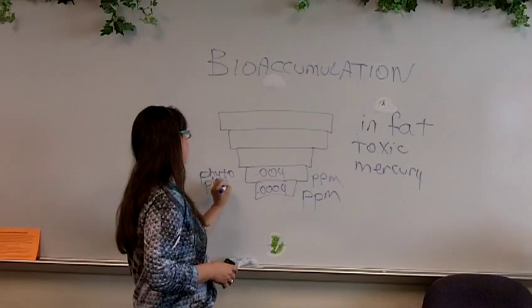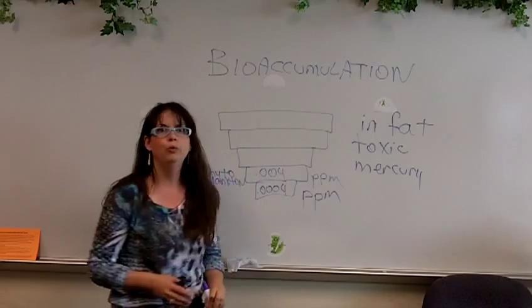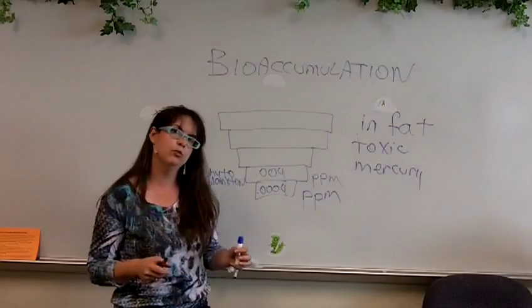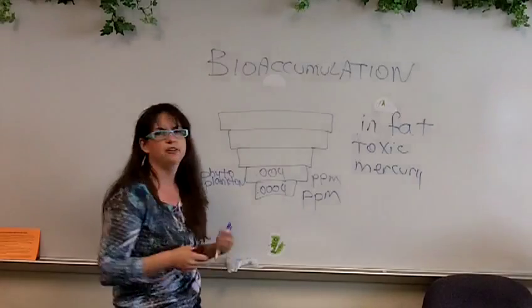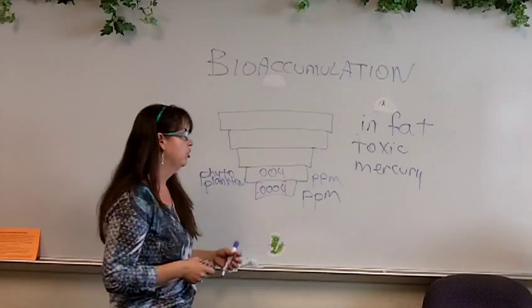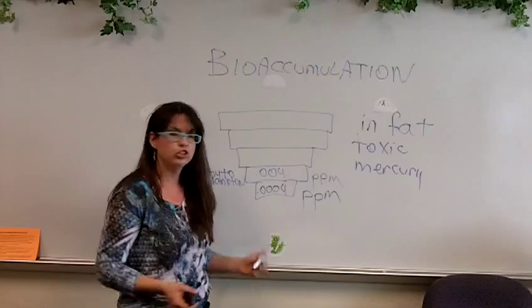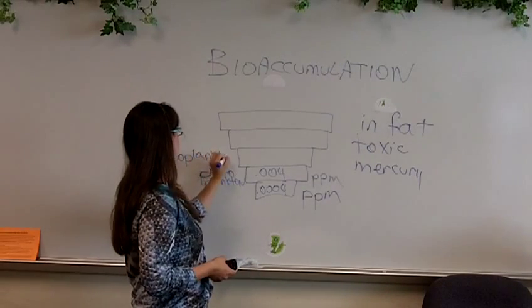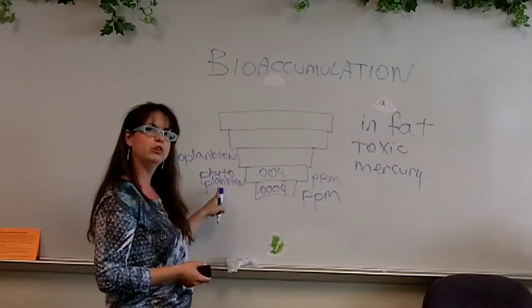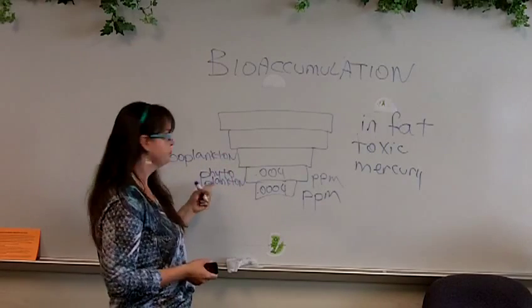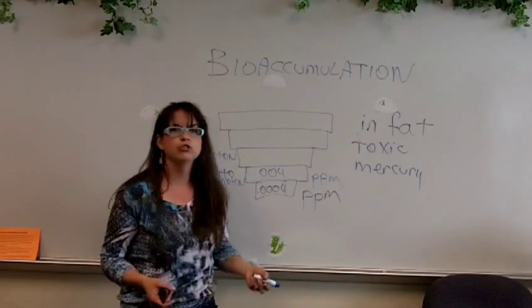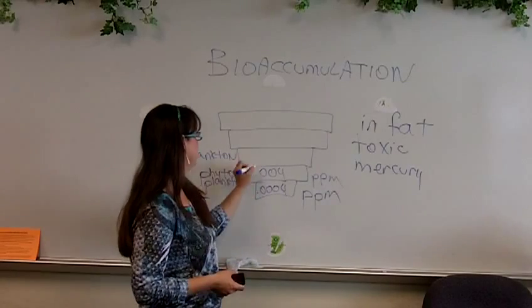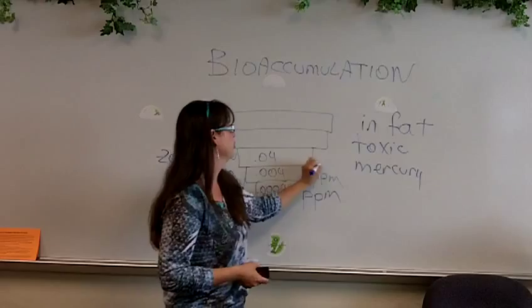So up the food chain, what eats phytoplankton? Zooplankton, animal plankton that live in the water. These would be like your dinoflagellates, all different kinds of zooplankton. You can look that up. And phytoplankton would be like euglena, diatoms. Okay, so zooplankton in the ocean would then eat these phytoplankton, and then your concentration of mercury would go up